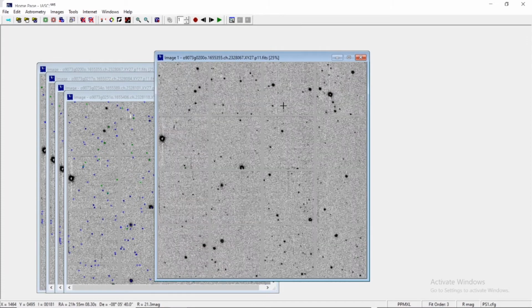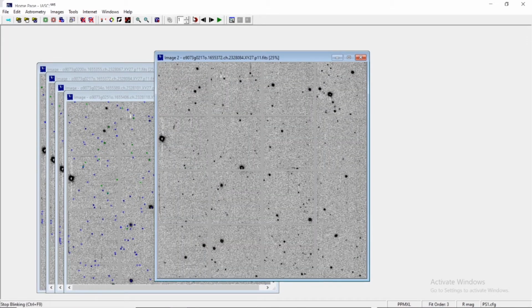Now what next? What follows? Let me stop the blinking. So I will again just revise the scenario. After doing the data reduction, we got the reference stars, the good, the bad and the static ones. Then we went for the known object overlay. No object was found at all. And then the third thing we did was the blinking facility. In the blinking and manual scanning, we did not find any object which was moving.